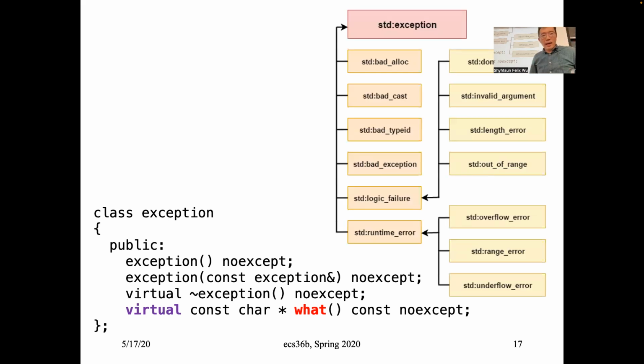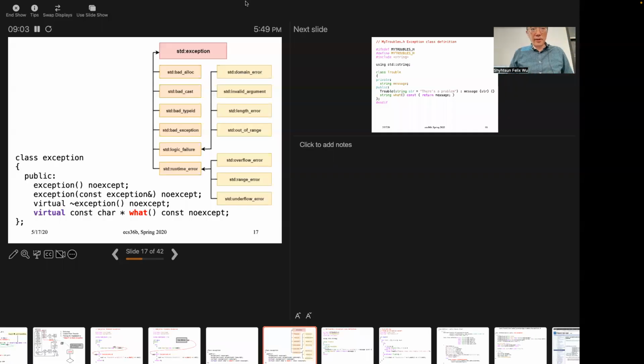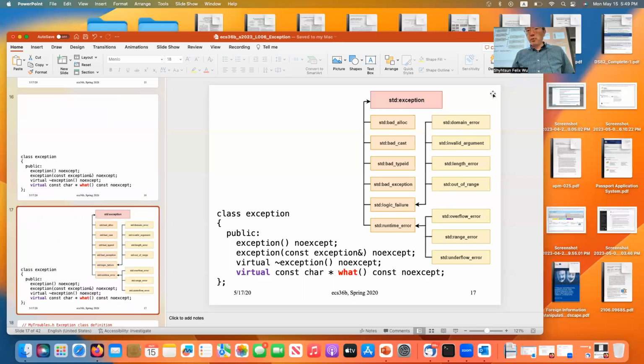You can see that, oh wow, no, I don't want you to see this way. I want to move this way here. Now you can see the exceptions. You see that the base is a class called std::exception. That was the one I just showed you in the lower left corner. And over here, there's a bunch of error classes that were actually derived from std::exception. One of these, we actually already saw, is called std::